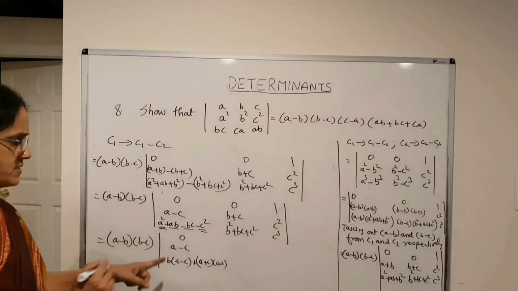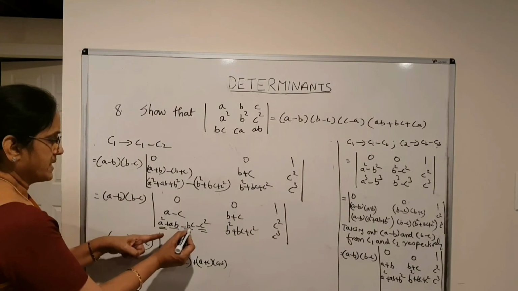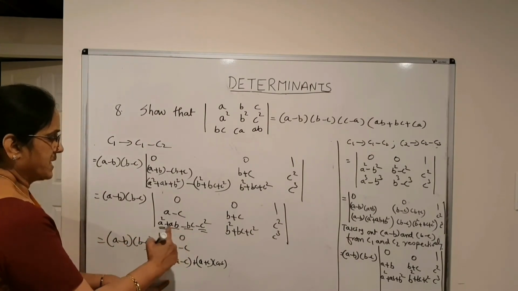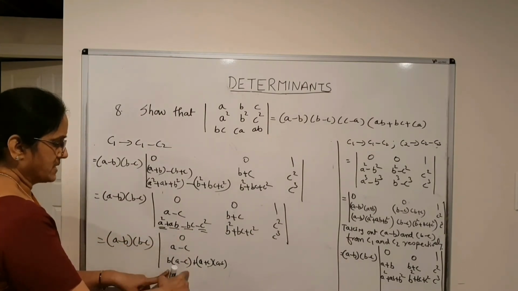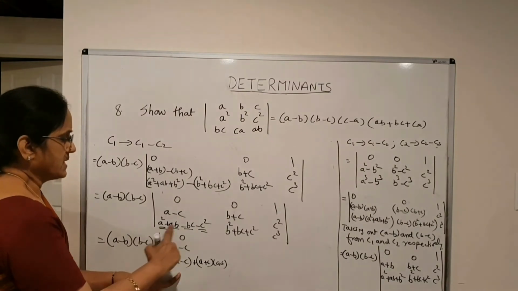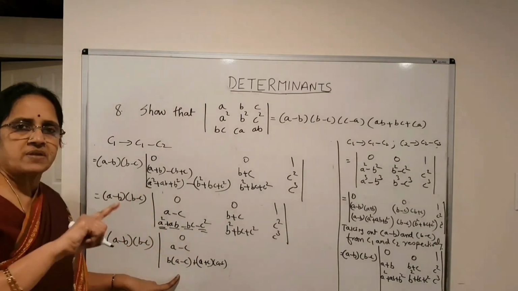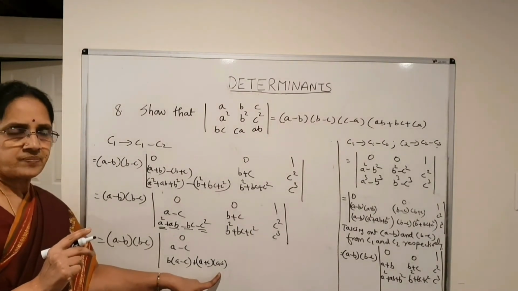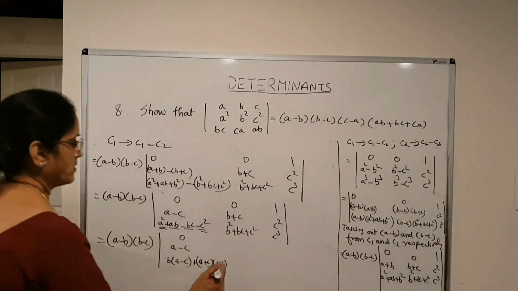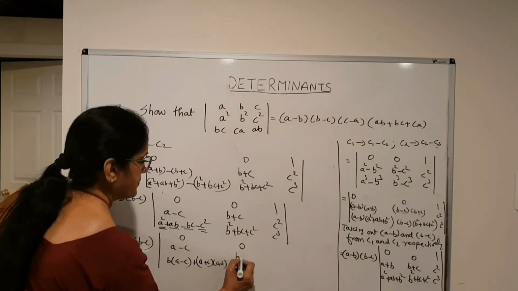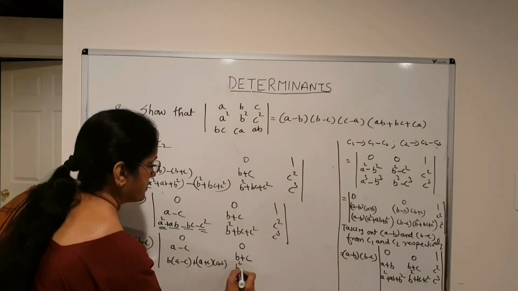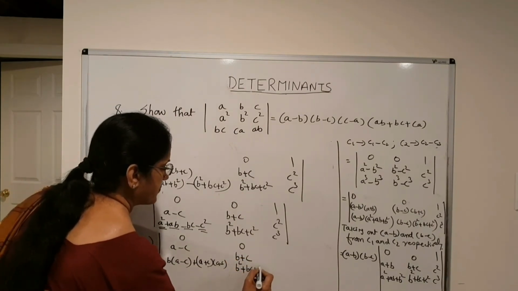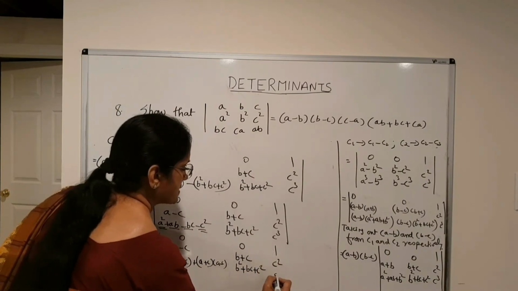I hope you got it. I am combining AB minus BC. B can be taken out. I am having A minus C here. When I combine a square minus c square, which is of the form a square minus b square, a plus b into a minus c. A minus b. Second column will remain the same. Third column will also remain the same.